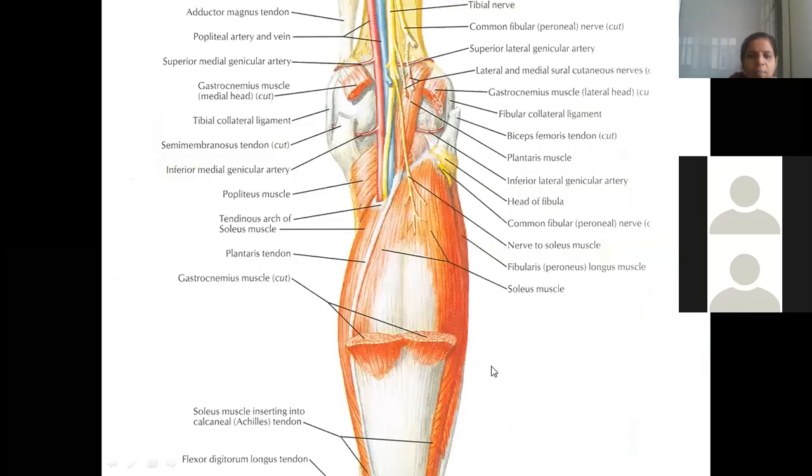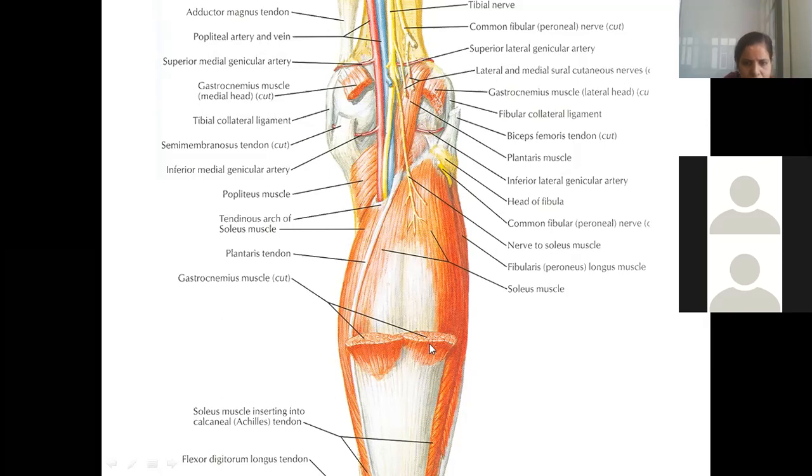Now, see here, which are the muscles which are cut now? Semimembranosus, semitendinosus is not seen now, isn't it? Biceps femoris, nothing is seen. You are seeing the popliteus muscle, that means we are in the floor. You are seeing the popliteal surface of the femur, isn't it, Hansraj? Yes, ma'am. Popliteal artery, popliteal vein, then the tibial and common peroneal nerves. This is the medial side, this is the lateral side. Same direction we are continuing.